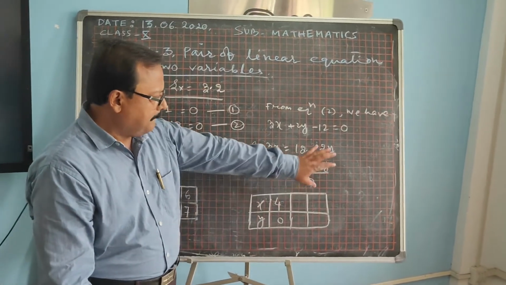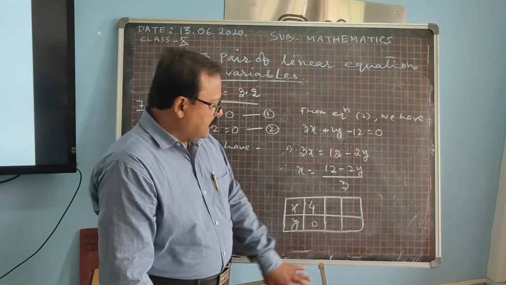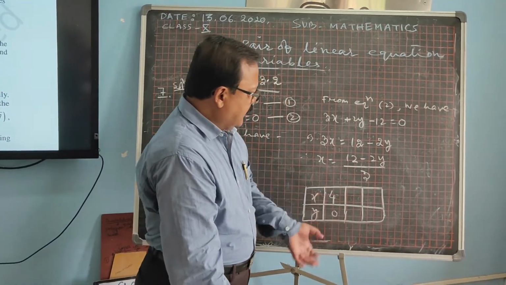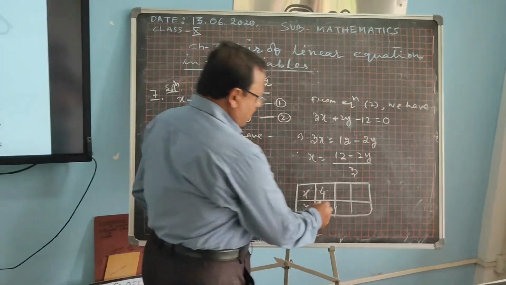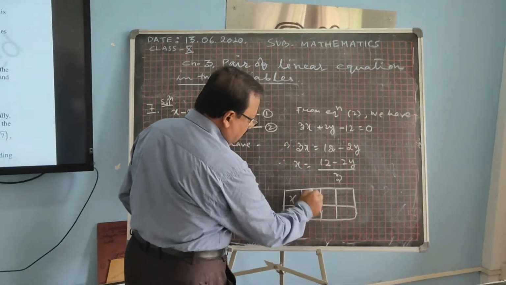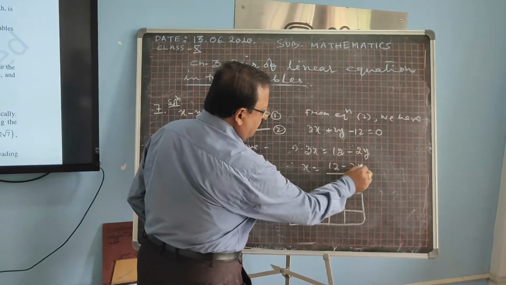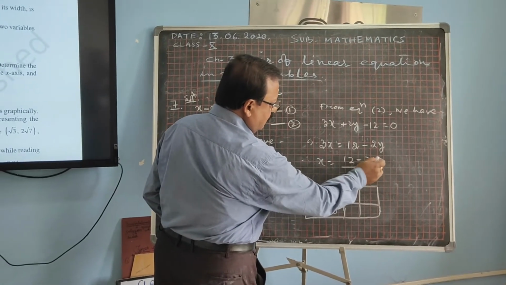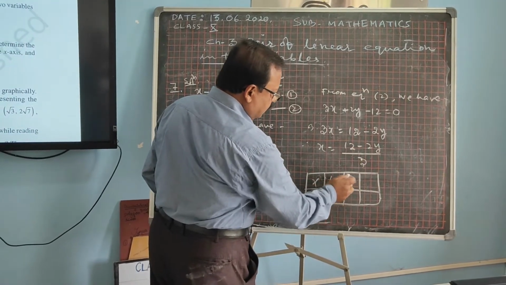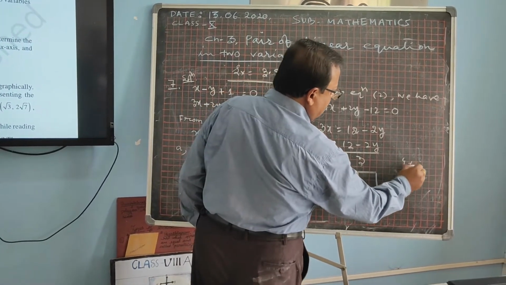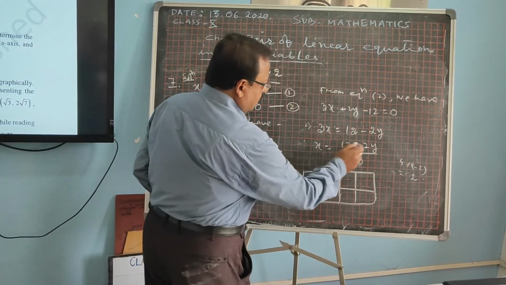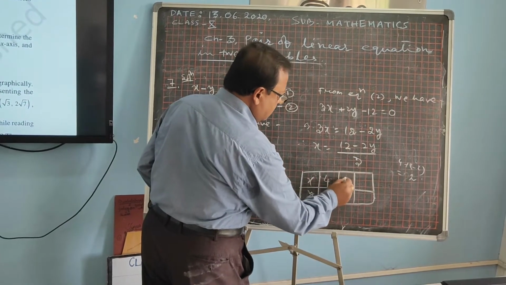In this way, you can find these values. Otherwise, in the short technique, I am giving some techniques also. You can apply, you can see. Suppose one value you got. Okay, student. Then to this value, we add the coefficient of y. The coefficient of y is how much? Minus 2. Then 4 plus minus 2, how much will it come? It will come 2. Then you can get the value of x, which is 2.